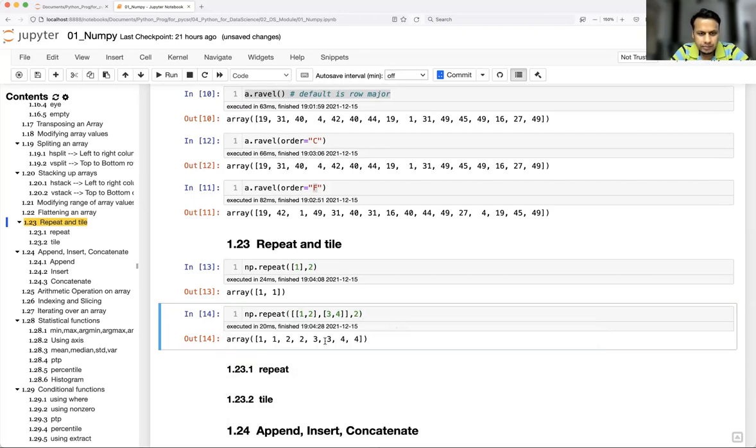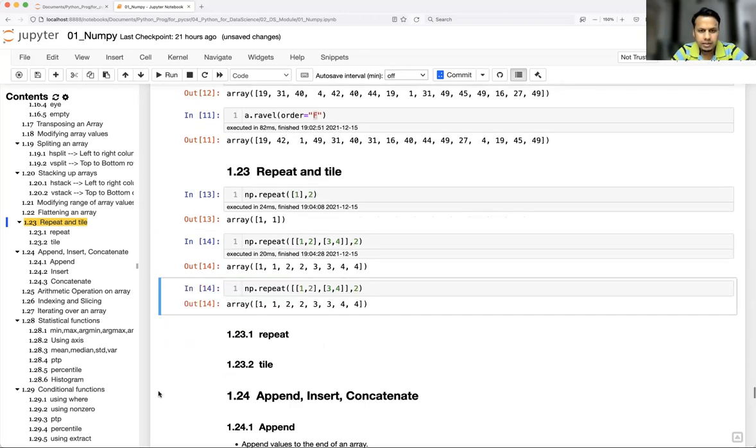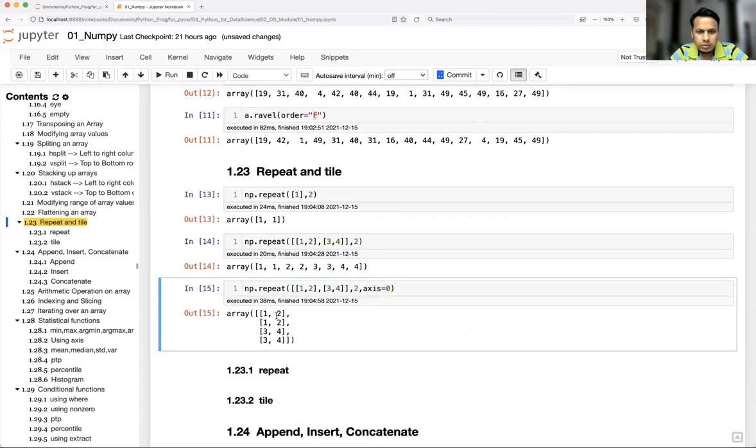Let's see some more examples here. axis is equal to 0. I'm going to talk about axis also later, but just remember axis 0 means column wise and axis 1 is row wise. So column wise like 1, 2, 1, 2. You see here it is like top to bottom.